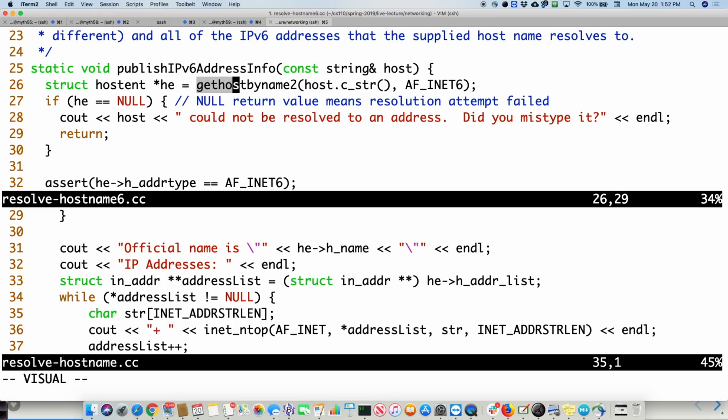They weren't very clever when they named these, I guess. You'd think it'd be something like gethostbyname6 or something, but this one you pass in the actual type. So I believe we could have used this one for the IP version 6 as well, and it would have worked just fine, because we would have passed in the IP version. Sorry, the IP version 4.